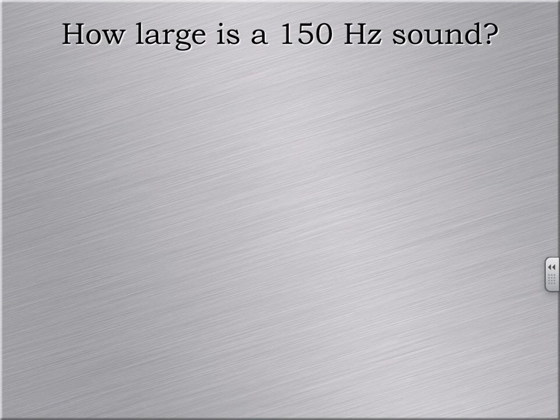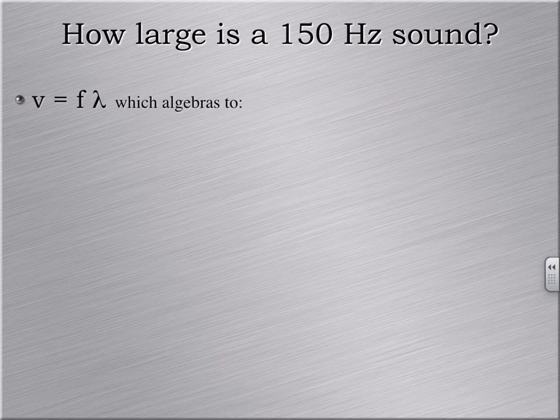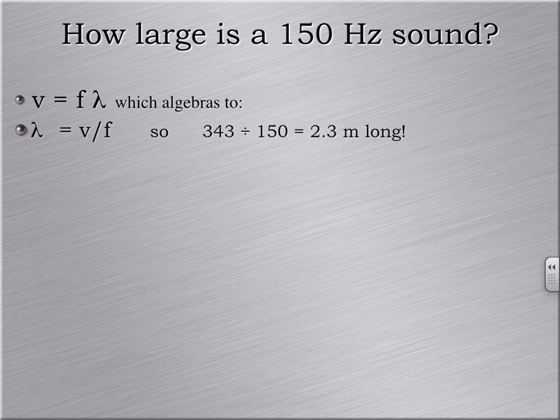Okay, so we learned about a wave formula. And the wave formula that we learned was V equals F lambda. Do you remember that one? So here we get to use that. V equals F lambda. We're looking for what? How large? Is that the V, the F, or the lambda? That's the lambda. So if I want to look for the lambda, that stays there, and the F needs to move underneath the V. So it's going to be lambda equals V over F.